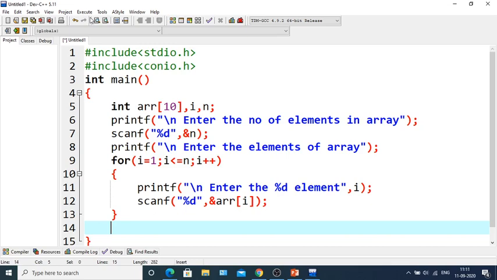If we are able to print from n to 1 in reverse direction, then we will display the elements of the array in reverse order.